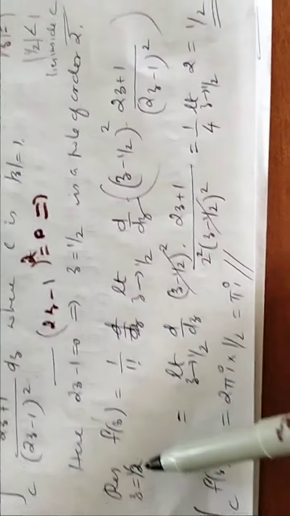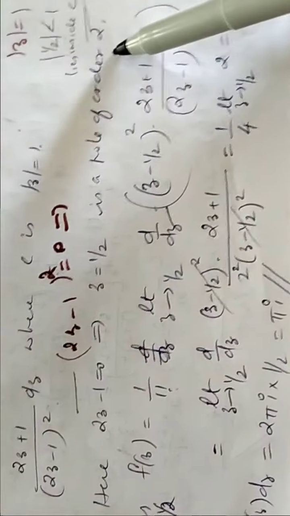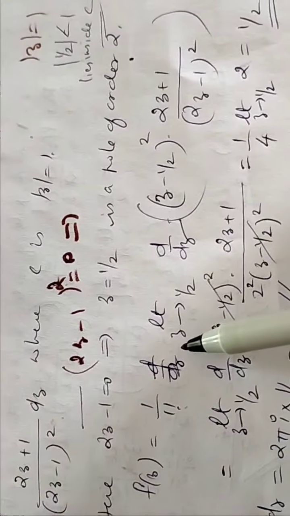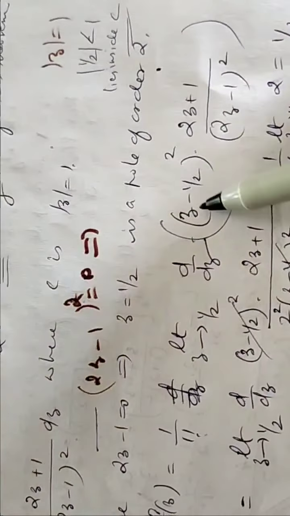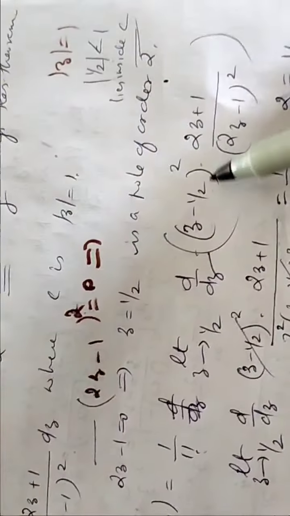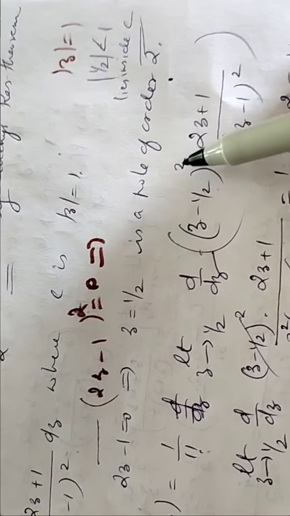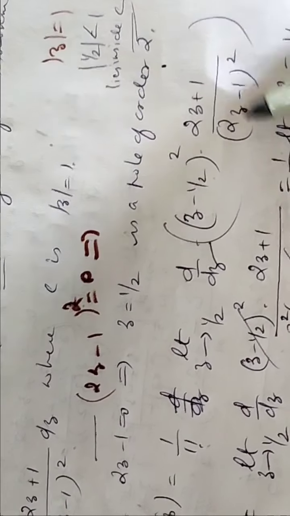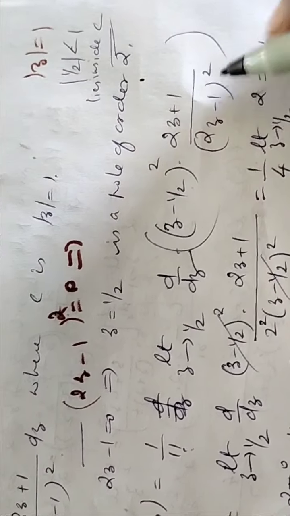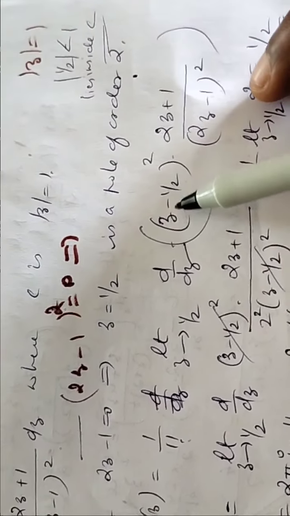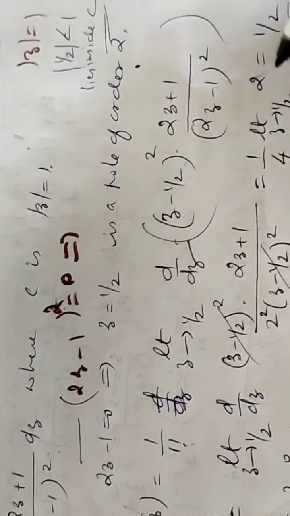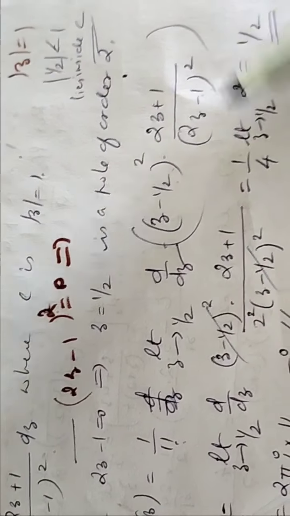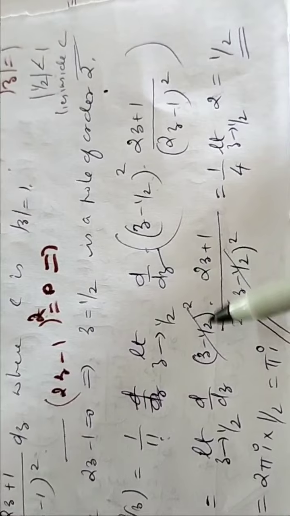So the residue at z = 1/2 of f(z) is 1/1!, because it is a pole repeating 2 times, so 2 − 1, 1/1!. Then the limit as z tends to 1/2 of d/dz of (z − 1/2)² times the function. But we have to cancel the denominator and numerator. For that, (2z − 1)² is in the denominator, so we can take 2 outside. Then only it will be of the form z − 1/2. If you take 2 outside, 2² will come outside the bracket. So 2² times (z − 1/2)², and now (z − 1/2)² cancels.